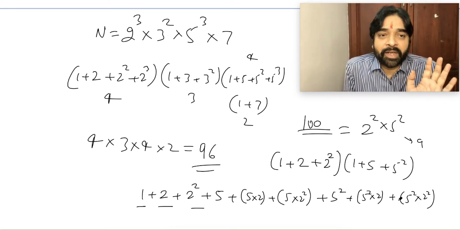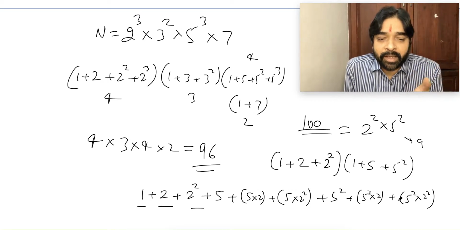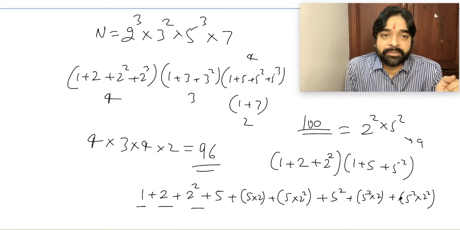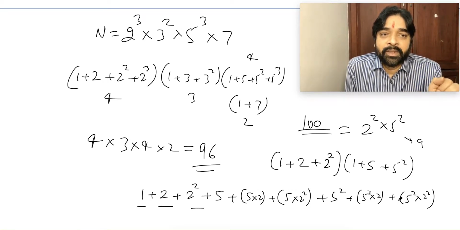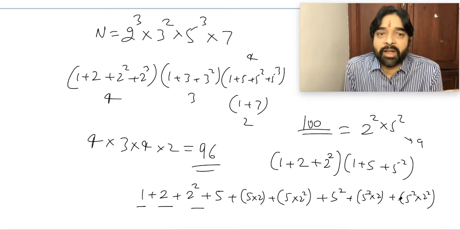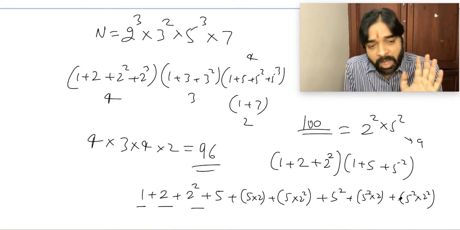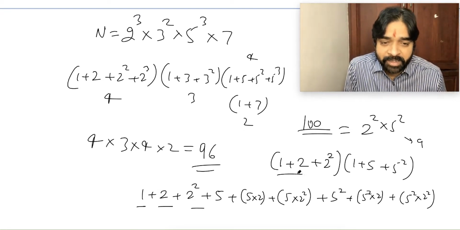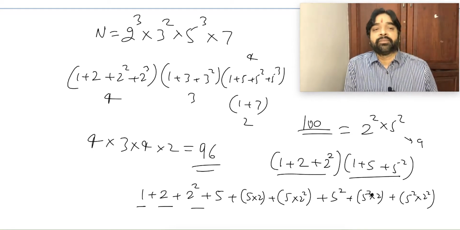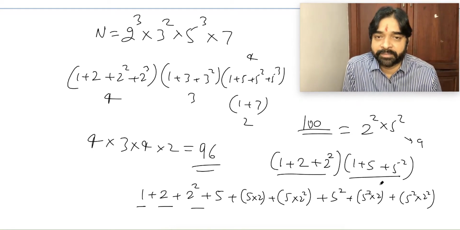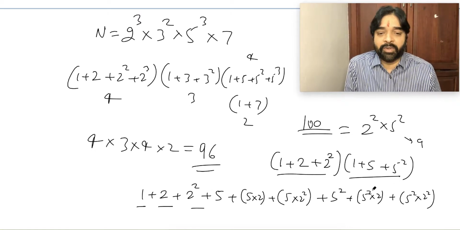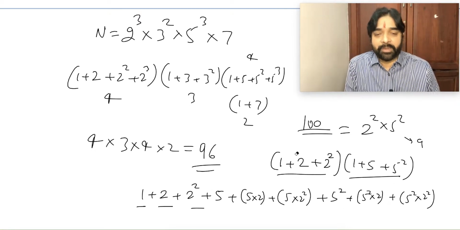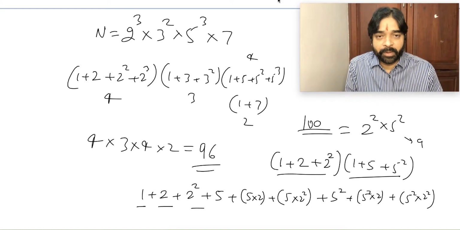Did you understand what I wrote? Indirectly, I wrote the sum of all the factors. This is nothing but the sum of all the factors, and that is what I was looking for. So to get the sum of factors, just write in this format. That will give you the sum of factors. You may ask, sir, how will I do this much summation? Don't do it this way. This is just to show you how it will be. Watch it, understand fully.